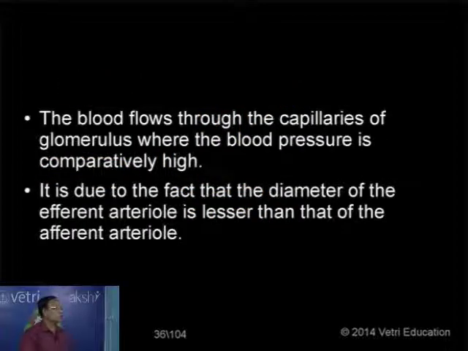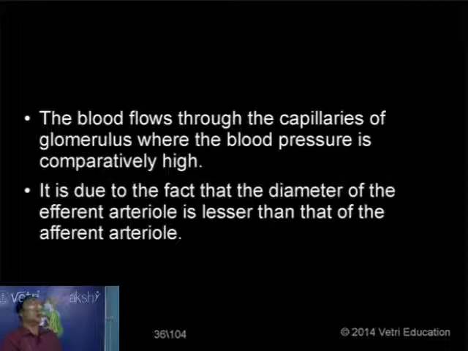Now the blood flows through the capillaries. What is the mechanism of formation of the filtrate? By a process of filtration. I mentioned already that nearly 1100 to 1200 ml of blood flows through the capillaries of the glomerulus, where the blood pressure is comparatively high. The reason for that is the incoming blood is more and the outgoing blood is less. That is, the incoming afferent arteriole has a large diameter compared to the outgoing one, so that the blood pressure is comparatively high inside the glomerular capillaries. That is a major force for creating